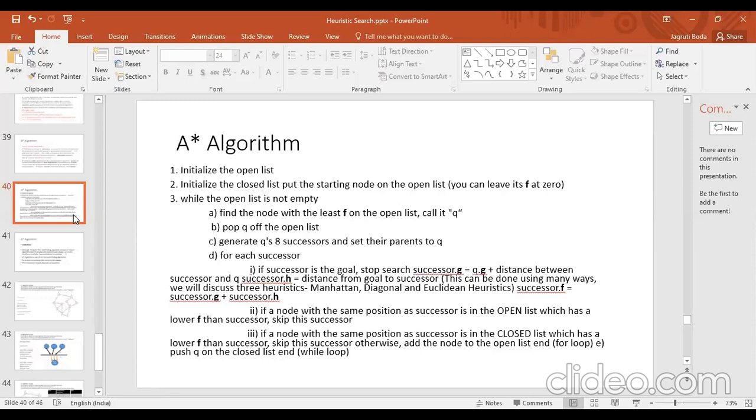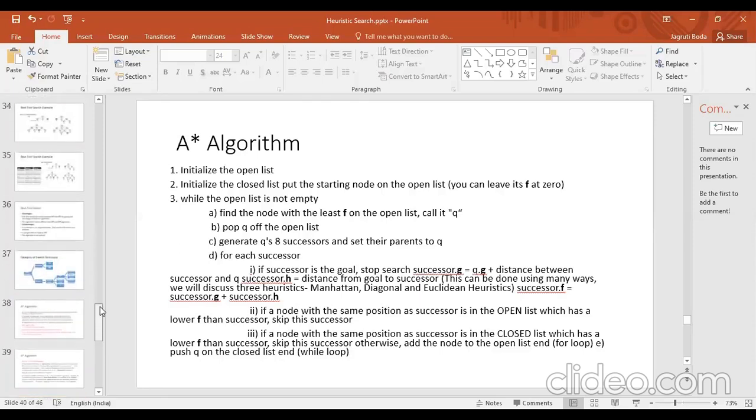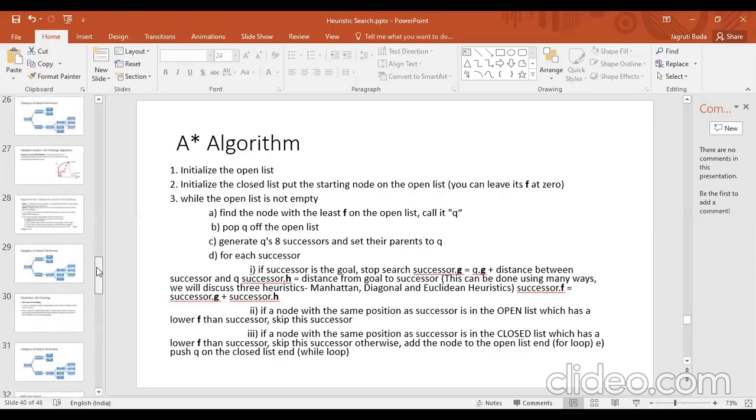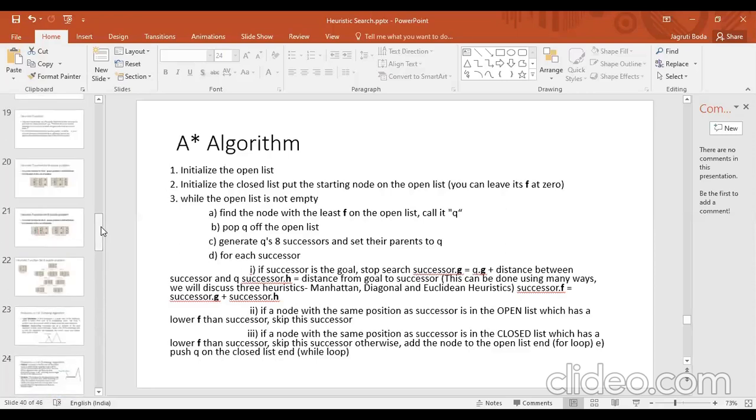If you have doubt, then first we revise the open list and closed list, because that is also used in the A-star algorithm. It's clear, ma'am. So first we see what is open list and closed list, right? Ma'am, you can skip that. We know it. We remember open and closed list. Okay, then no problem. Now we continue with this A-star algorithm.